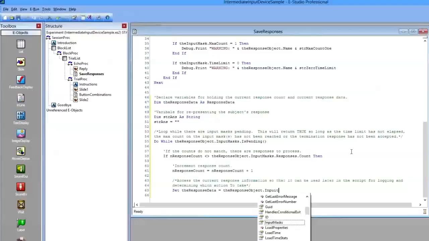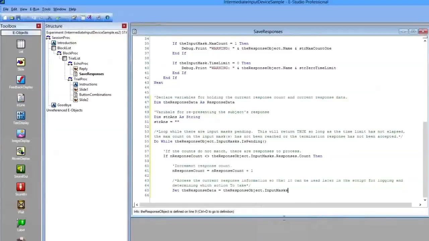dot input masks, dot, and then it will even tell you with the drop down what the options are, and with us we want to focus on the responses given, and then we're going to do response count, and then if not, the response data is nothing, then